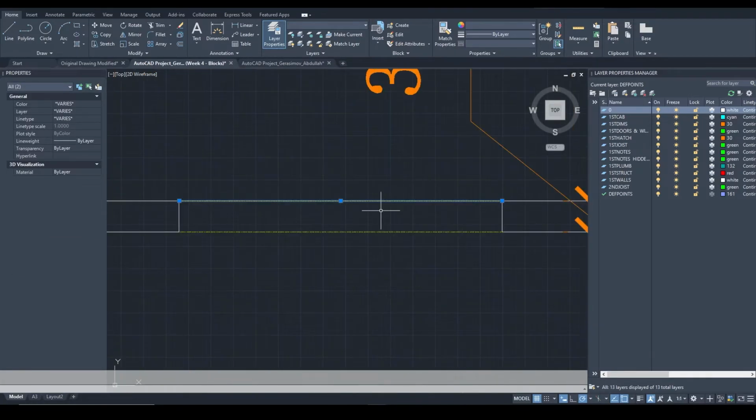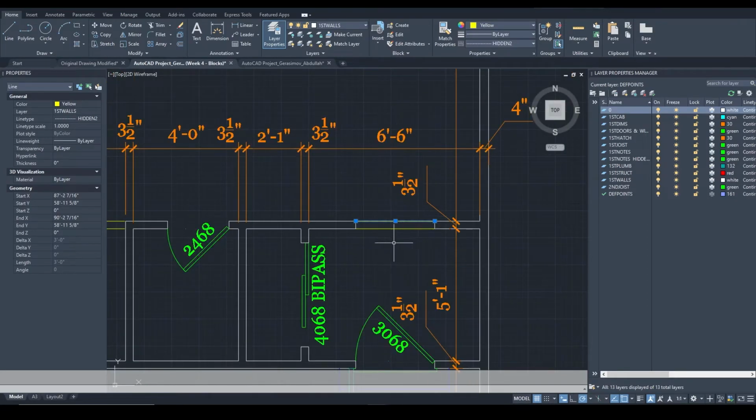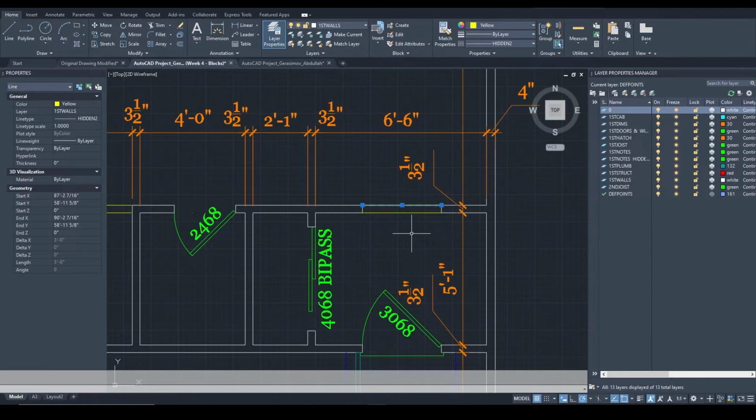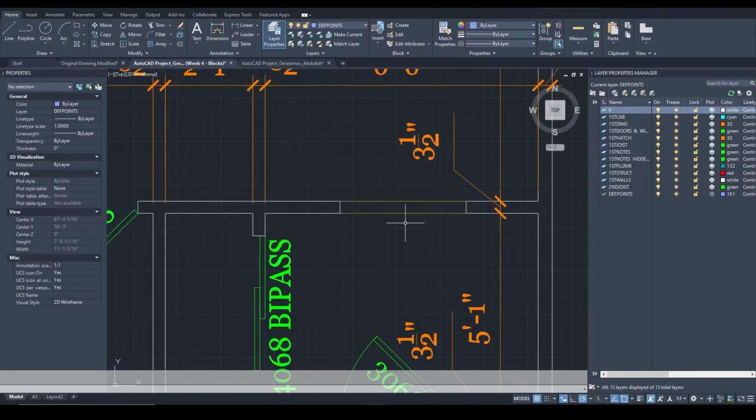If you click on this line, it's going to show you that it is a first walls layer, hidden to yellow. Some of you may think, why is it not in doors and windows? You can put it there if you choose to, but in this case it's better if you put it in the first walls layer. This specific dimension